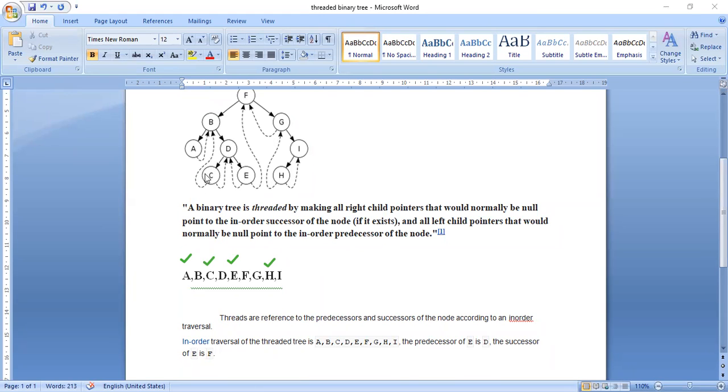Take the leaf node C. Now a dotted line to the left goes to the node B, so B is the predecessor. The dotted line is nothing but the address stored in the left address part of C. In the right address part of C, what will I store? The address of D, because D is the successor of C. So I kept the address of D in C, represented by the dotted line.